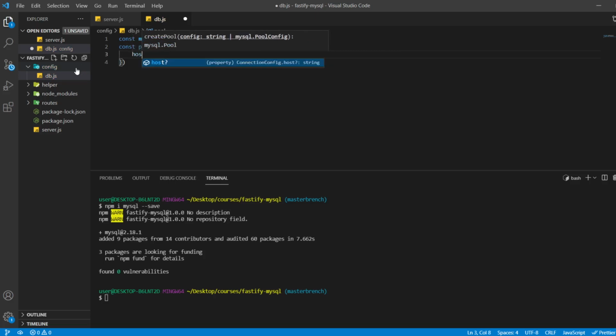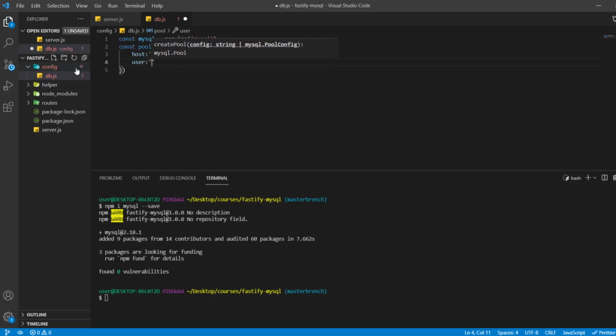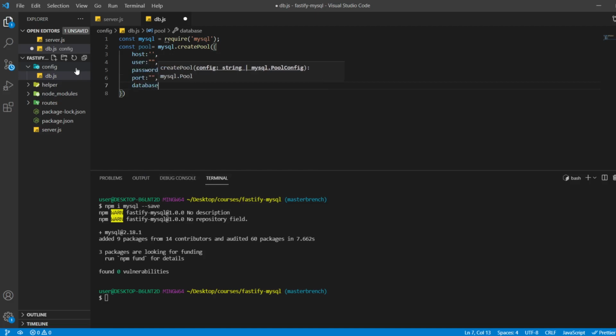So the first key will be host, and the second is user, and the third is password, the fourth port, and the fifth database. Okay. So right now I am not writing any credentials, because I will create a separate file, because I don't want to expose my database credentials directly. So I will use a file called